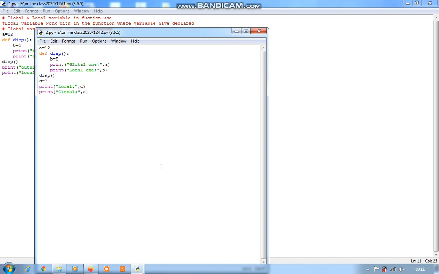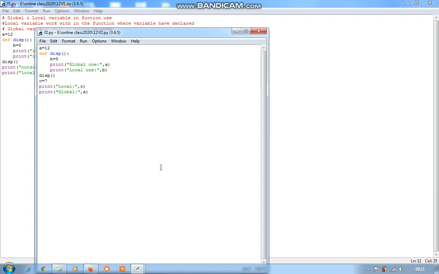Print global a, the value 12 will display. Then print local 1, that is b, 5 will display. And when we use c is equal to 7 and local c is displayed, then again global a, that is 12, will display.